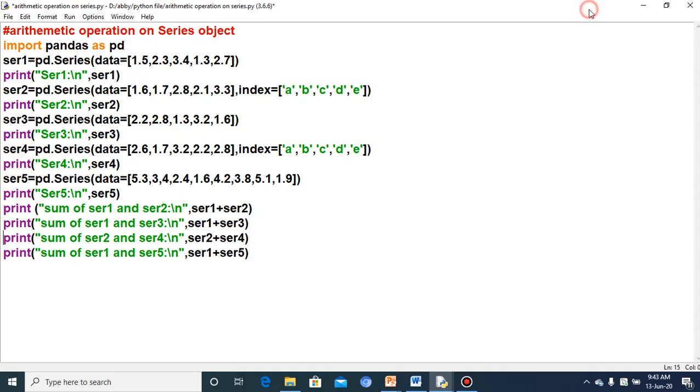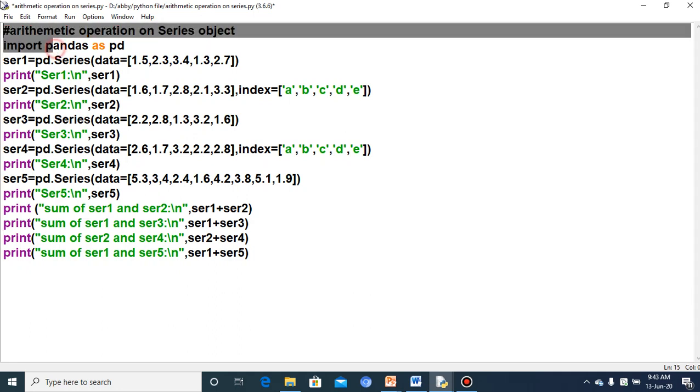Okay. So you can see here that the script is ready to perform the arithmetic operations. The same way you have seen in the slide, series 1, 2, 3, 4, 5 are created with the data as well as the indexes.